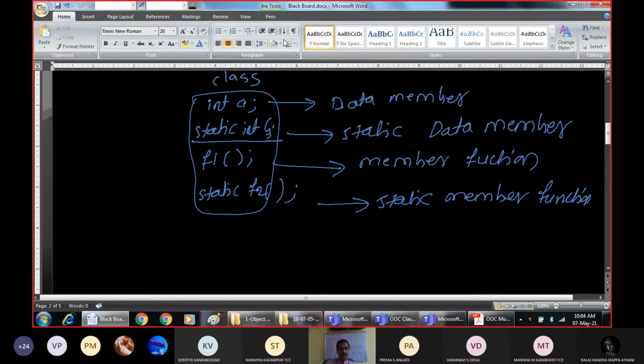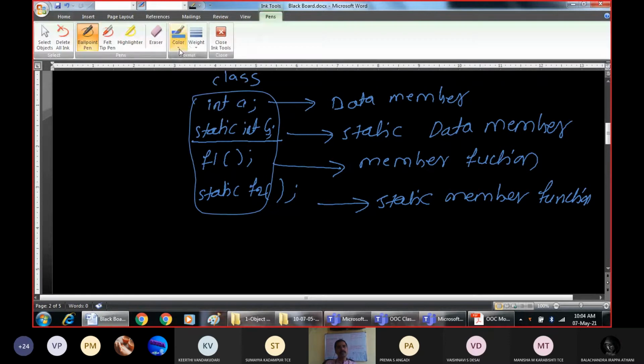The only purpose of this static member function is that it can have access to only the static data member. That's it.